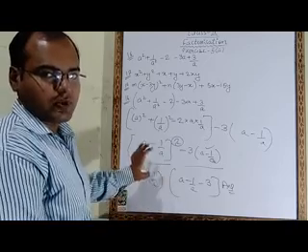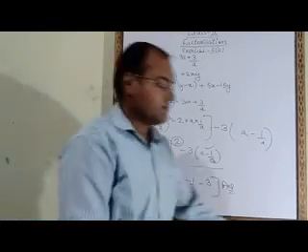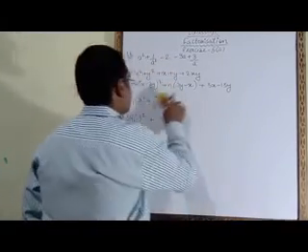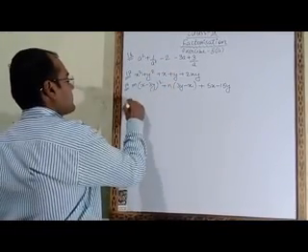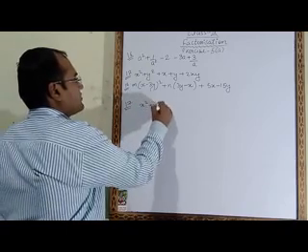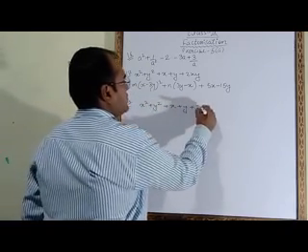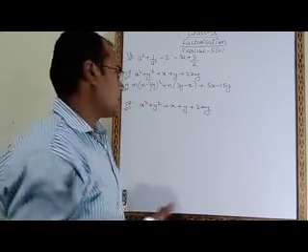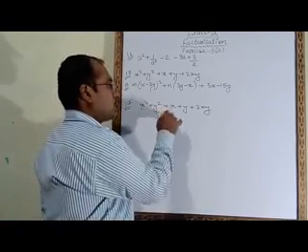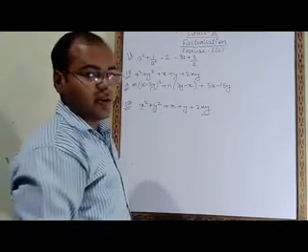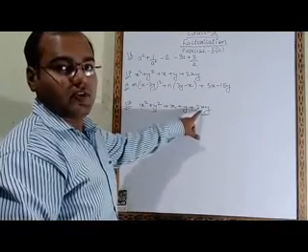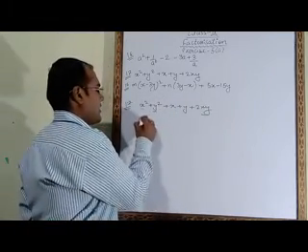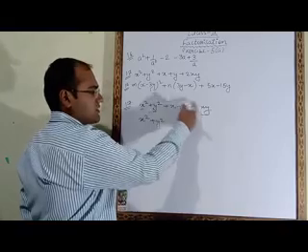So like this you have to do question number 16. Now see question 17. Question number 17: x square plus y square plus x plus y plus 2xy. Here also you have to do the same thing, but one difference is there. Here x square plus y square plus 2xy is written on the fifth number. So what you have to do, you have to bring it here on the third position. So x square as it is plus y square, and this plus 2xy we have to write here.